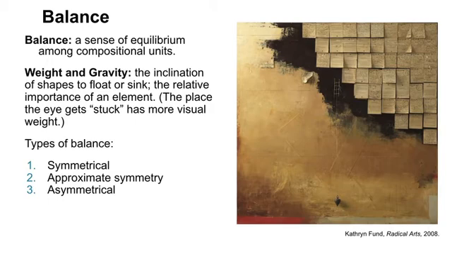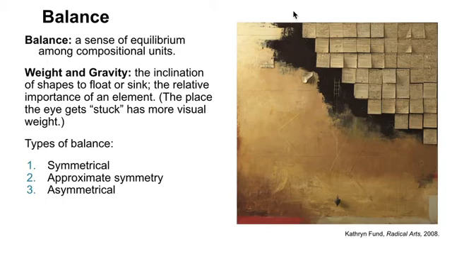Weight and gravity. These are the inclination of shapes to float or sink, the relative importance of an element, or the way I like to think about it, it is where our eyes get stuck. Areas that have more visual weight tend to attract our eyes. So these are areas with more detail, areas with more value, areas with more contrast or more vibrance. The piece on the right carries a lot of visual weight in the upper right corner. That corner is populated with a lot of detail in all of the writing samples and the weight of this